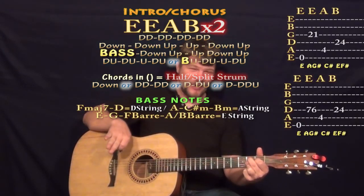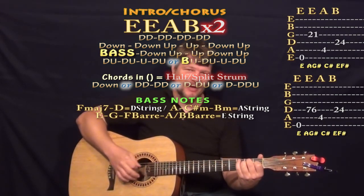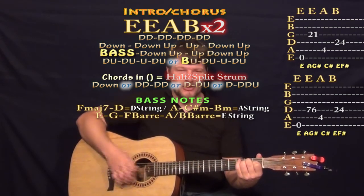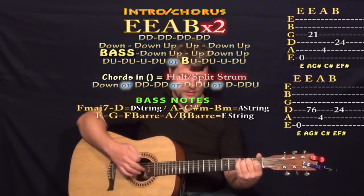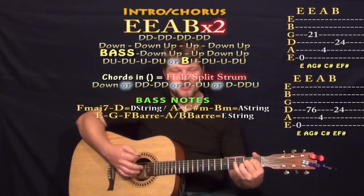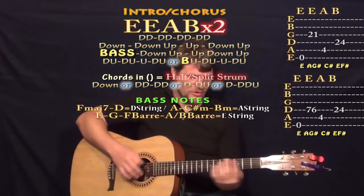And one other thing I think about adding to the song though is bass notes. And a lot of times on that first down of the down, down, up, down, up, or the down, up, down, up, down, up, you can throw the bass note in for the chord. So on the E you'd have low E for the bass, on the A you'd have the A for the bass, on the B you'd have the A for the bass,